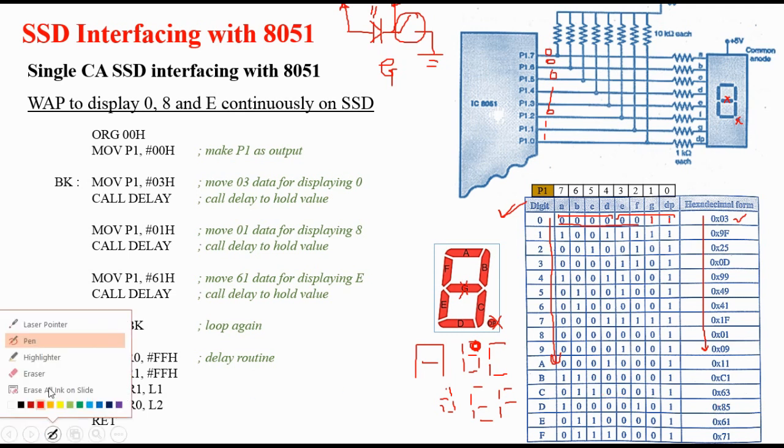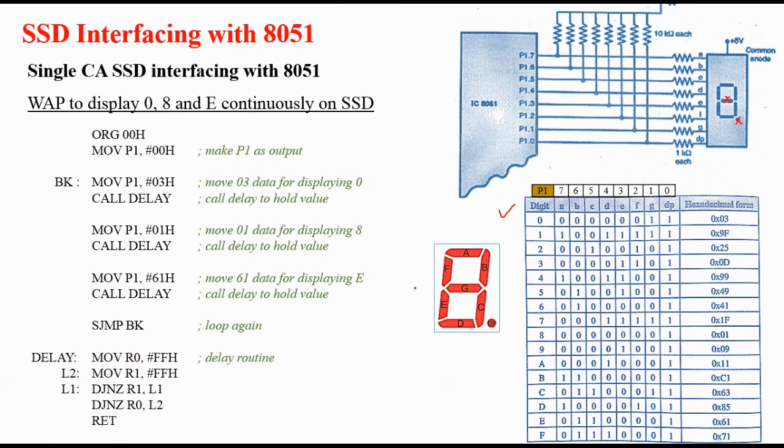So now let us suppose we want to display 0 initially. In order to display anything at the very beginning, once port P1 has become output because we have transferred 00 on port P1, then we will transfer 03 on P1. Why 03? The reason is we want to display digit 0.